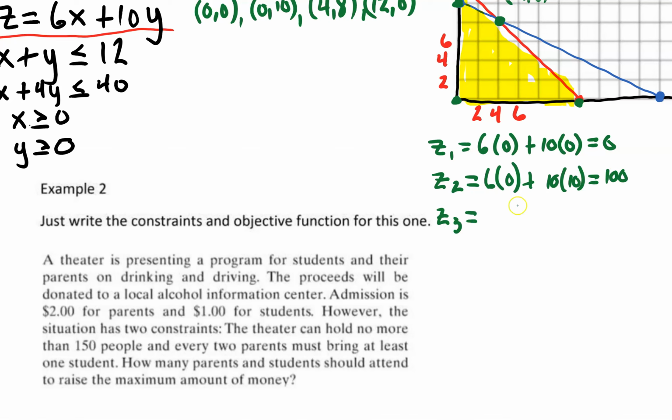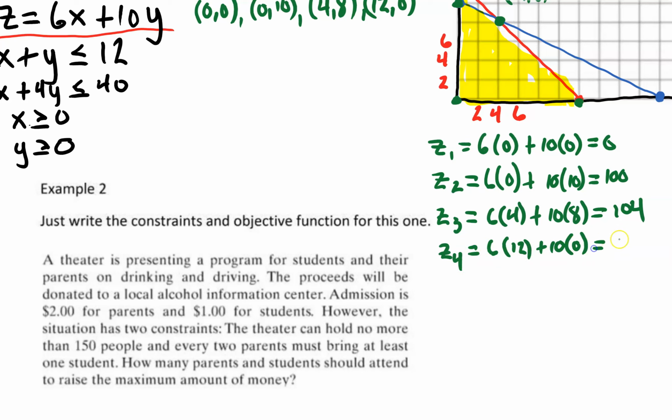z3, that's going to be 6 times 4 plus 10 times 8. That's going to be 24, and 80, that's 104. And then the z4, that's going to be 6 times 12 plus 10 times 0. That makes this 72. So when I look at all of these, the one that is the largest is going to be here. So we're saying that this has a max score